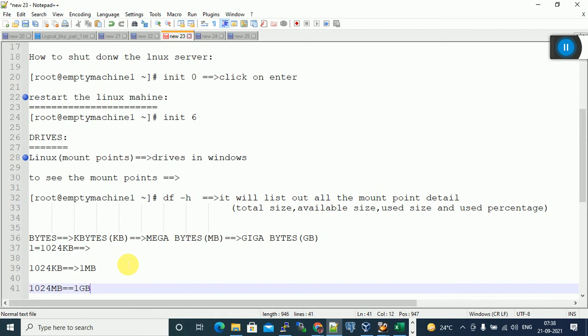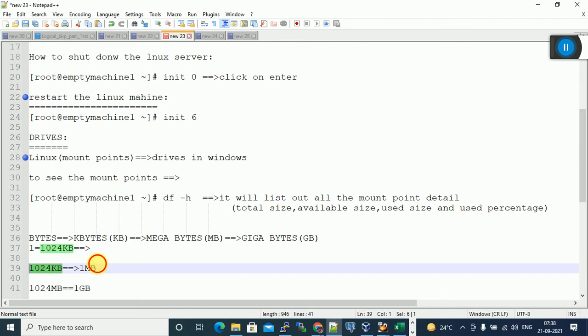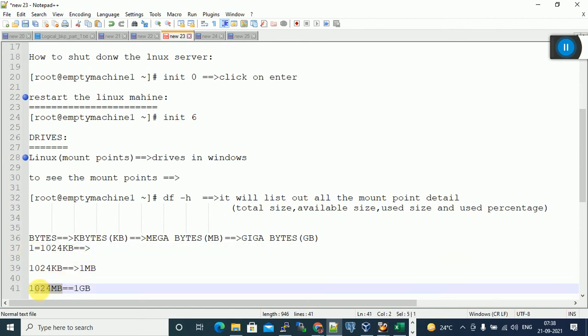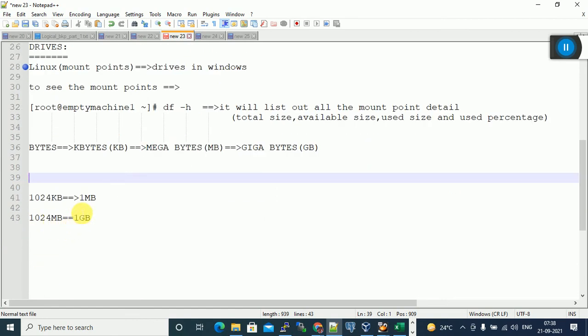This is the meaning: 1 MB means 1024 kilobytes, 1024 MB means 1 GB, and 1 kilobyte means 1024 bytes.